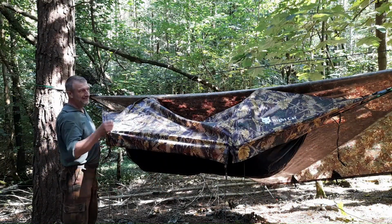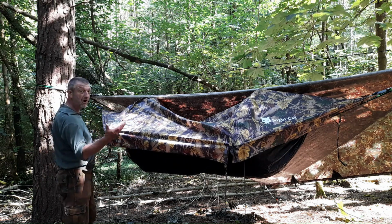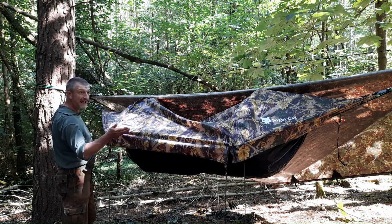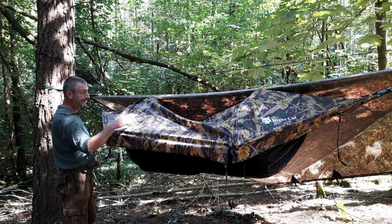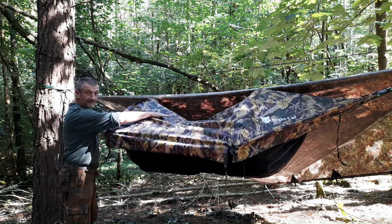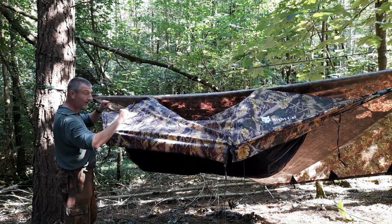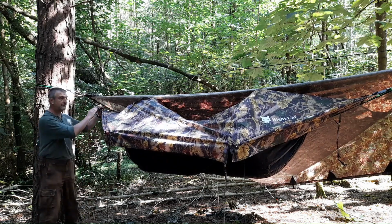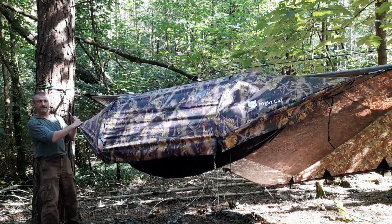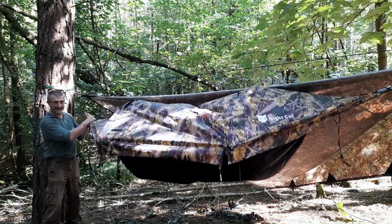Right, now you can see a classic example of my concerns. I've done the straps roughly the height I would do normally. I'm in a gap that I've used before. Hung the hammock, and even though it's hung fairly tight, look here. To get rid of this slack, the hammock's got to be so tight. If I grab this end, like that. Now to get it like that,